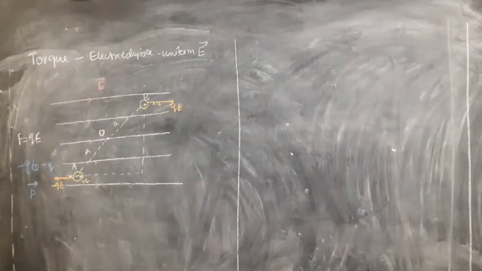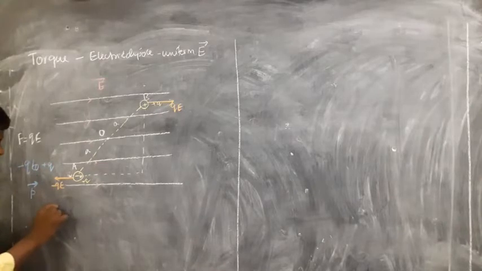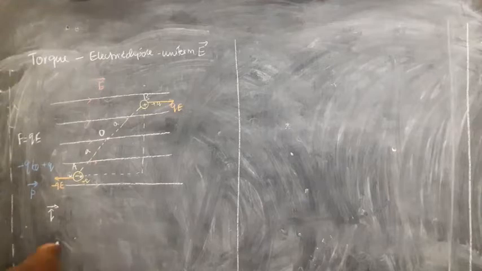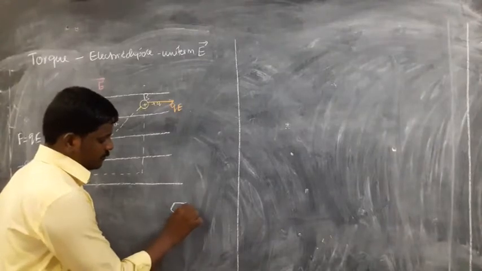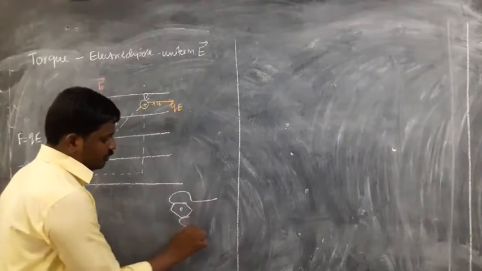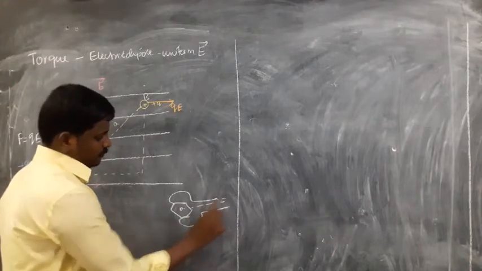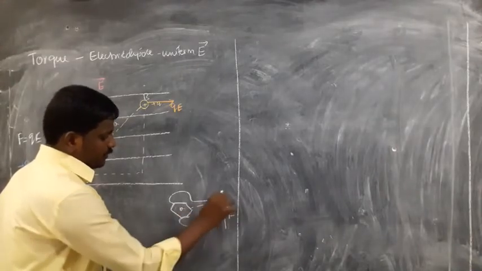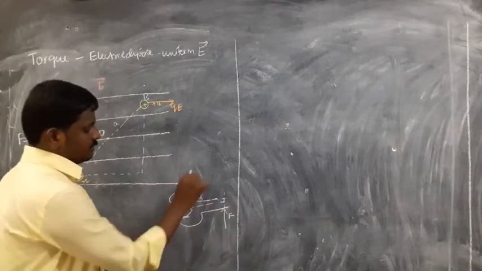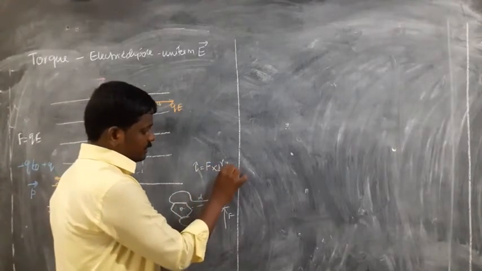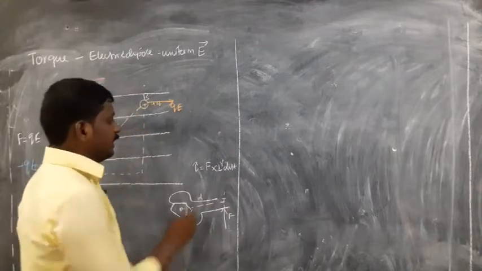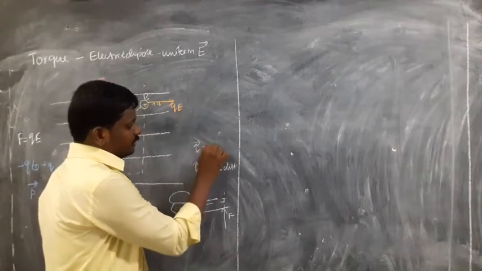So what is the total torque? Before that, we need to know what torque is. Torque is the rotating effect of an object. If you apply two forces, for example through a winch, we apply some force in this direction, and from here to there is the perpendicular distance. So tau is equal to one of the force into the perpendicular distance. In 11th standard we studied tau is equal to r cross F.